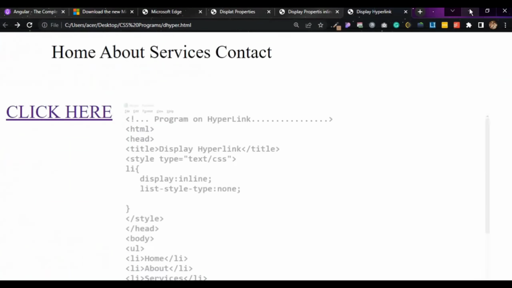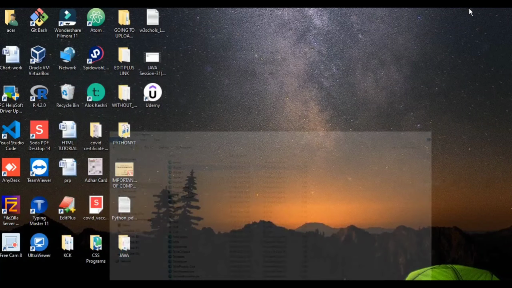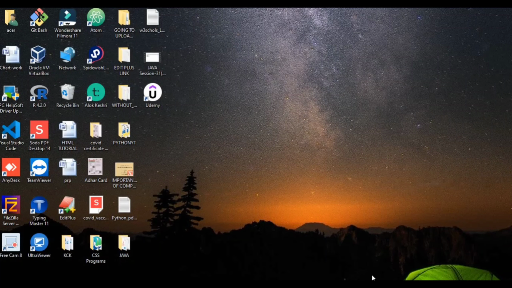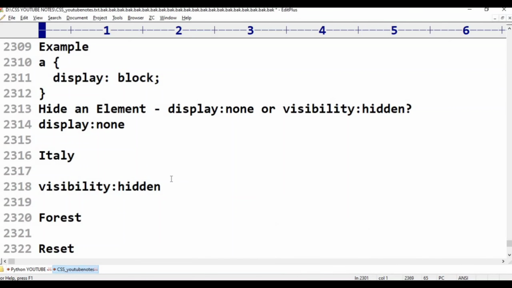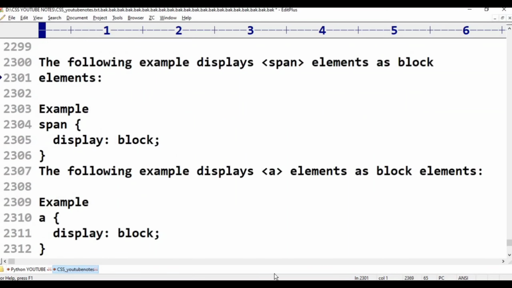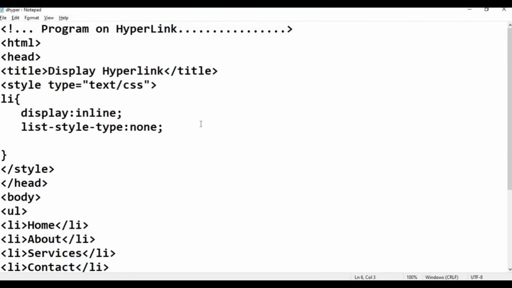This is Cascading Style Sheets Programming Language, Class 47. In this class we are going to link the anchor tag to the display properties. Actually we are taking display properties. In these display properties we are giving the anchor tag. How is it? We are going to take one